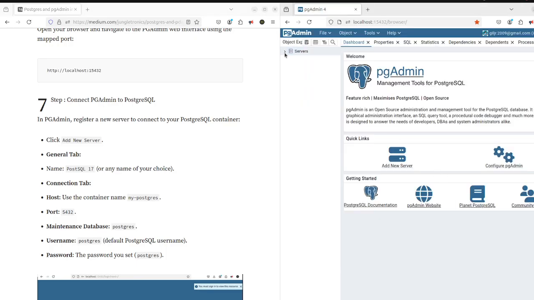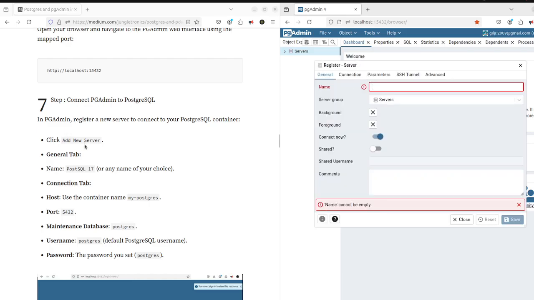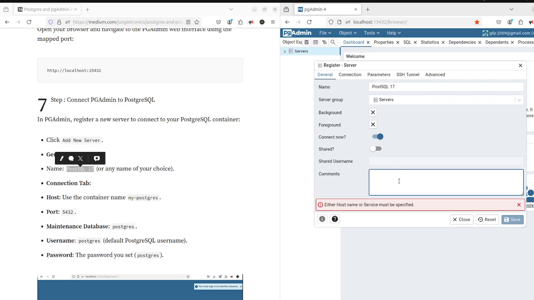And I have a server. You have to right click here, register server, and put this name right here. Ctrl C, Ctrl V, and the connection, and you can put the comment here,